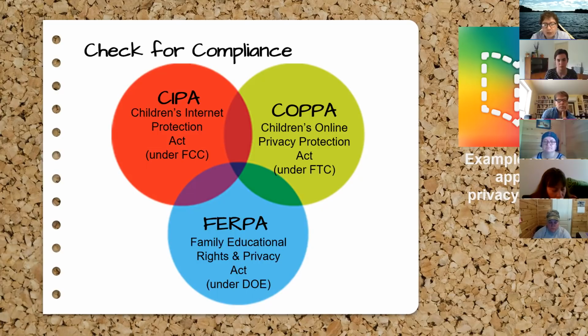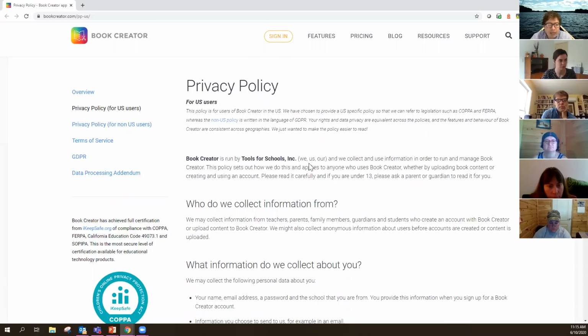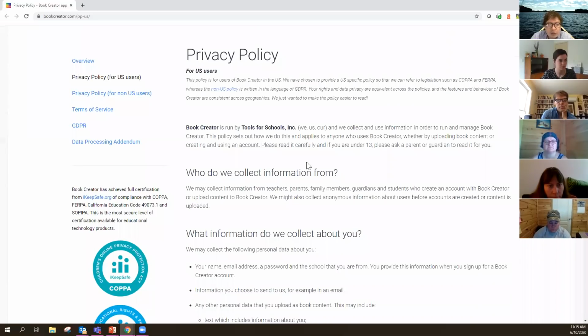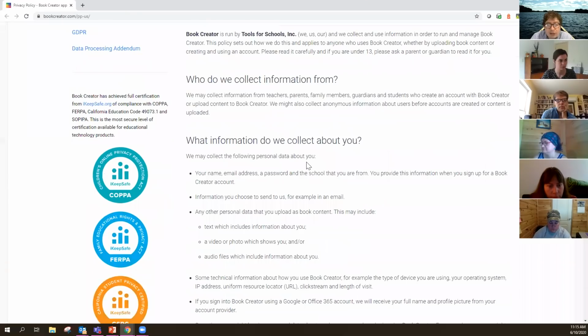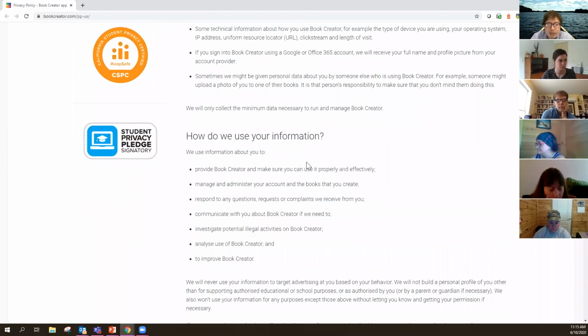So we can go to that and take a look. A lot of times they'll have actual badges that show up, and certain states have their own in-state policies, so you might see some of those as well. I think California is the big one. If we scroll down through this, as you go through the vetting process, you can see right on the left there that it's compliant